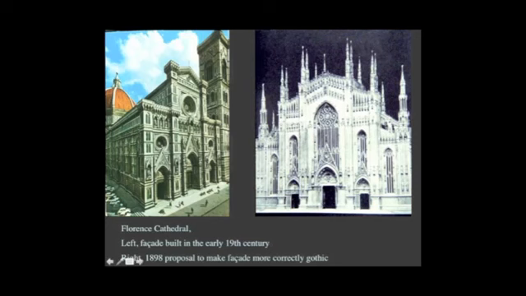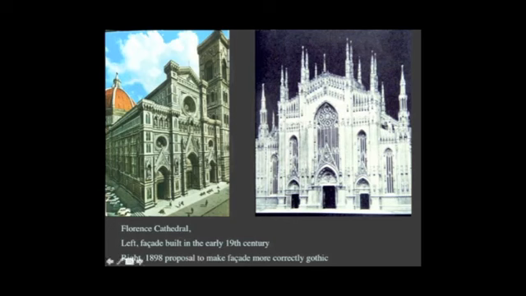And already by the late 19th century, people wanted to revise the facade of the Florence Cathedral to make it pointier and more Gothic. So this is a proposal for how to fix up the early 19th century facade of the Florence Cathedral with a late 19th century facade, which never got built. And I think it's good that it never got built, because the early 19th century facade of the Florence Cathedral at least looks Italian. It's got that characteristic striped Tuscan marble, it's got the characteristic dominance of the wall with a punch,